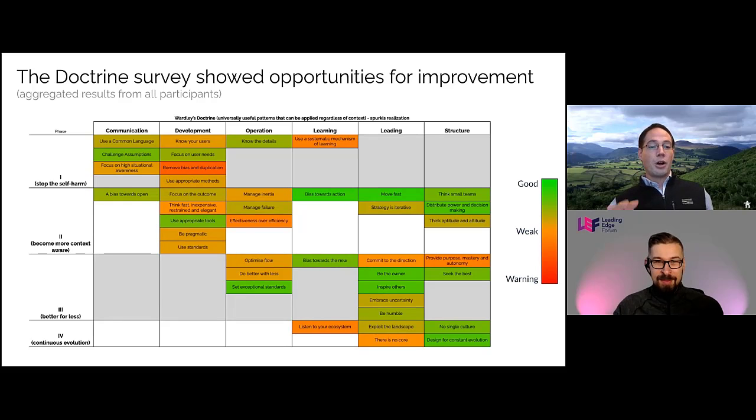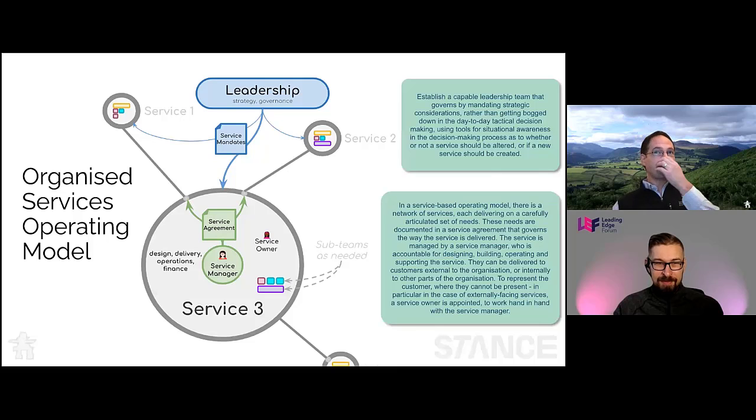And all of this is based on this doctrine here that you see, but also some of the maps that the teams have done. So there, let me just jump ahead, right? So this is a quick look at what a cell-based structure would look like, right? So you've got a number of different cells here with a leadership team governing them. And in terms of the slides the teams have done,